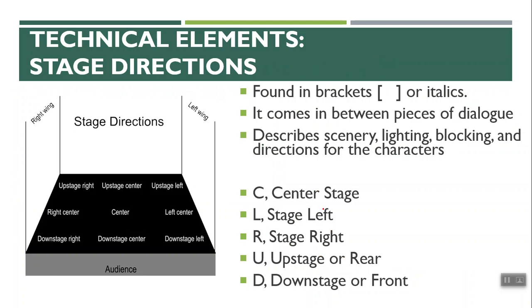intricate things like, in Pygmalion, we learn Professor Higgins goes to his mother's house. You don't know who any of these people are, but it does matter. A man goes to his mother's house. There is about a paragraph of stage directions describing what her house looks like and how he enters it. And this is really important because they're trying to show you her social class. They're trying to show you how this man and his mother interact, how they sometimes butt heads, how they other times get along. The stage directions are what tell you that, and they also help put in your mind what this play would look like. So make sure that you read them, please. Thank you.